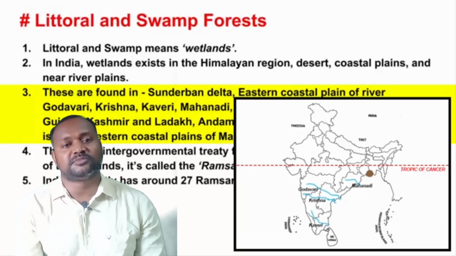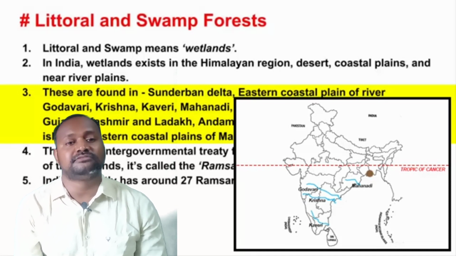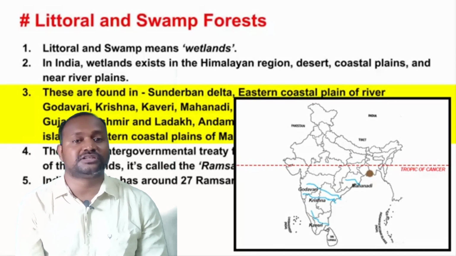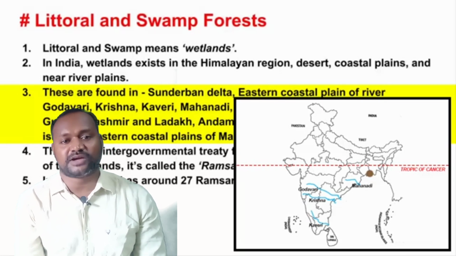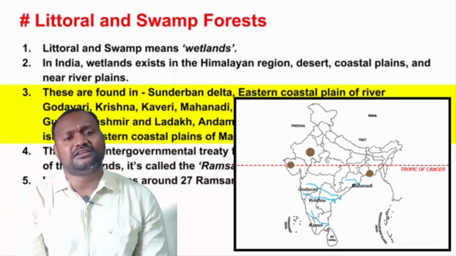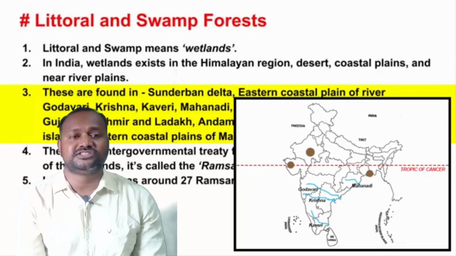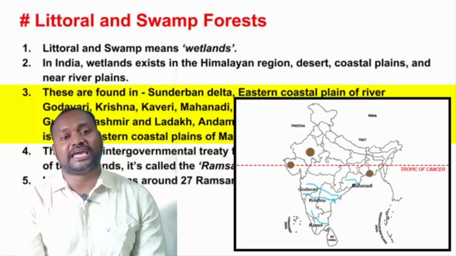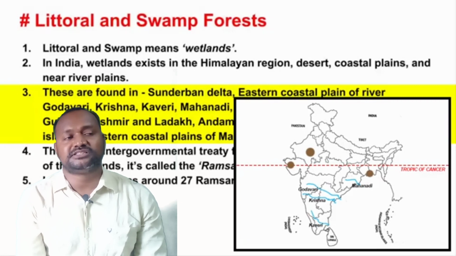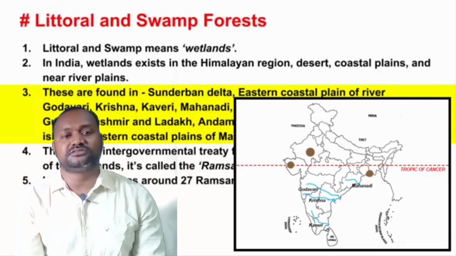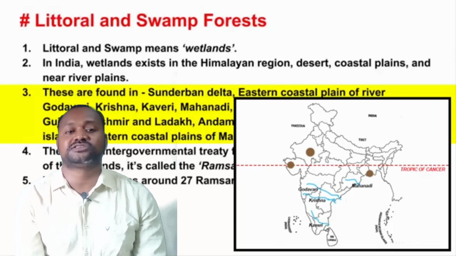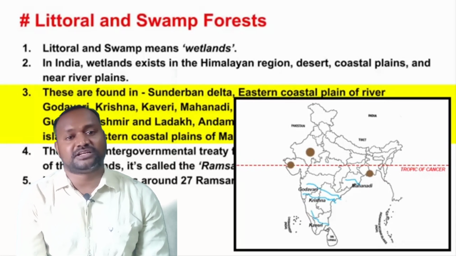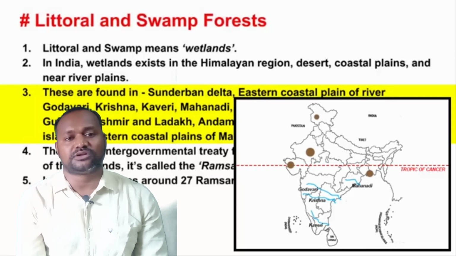As you know, the Ganga Brahmaputra delta is the largest delta in the world, and here we have the largest mangrove forest of the world also, and it is also known for its Royal Bengal tiger. Tidal forests have some characteristics. These trees have aerial roots, and the roots come out of the soil because they require sufficient oxygen for respiration. For that purpose, the roots are coming out.